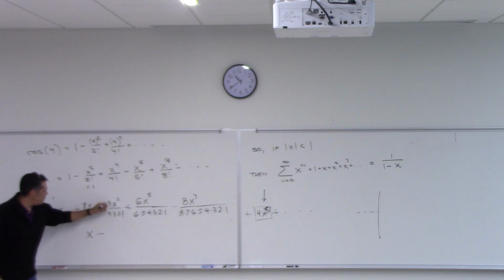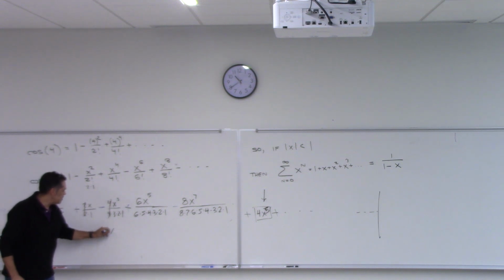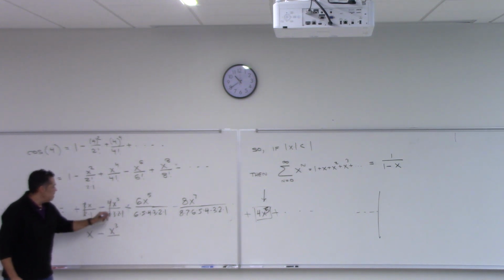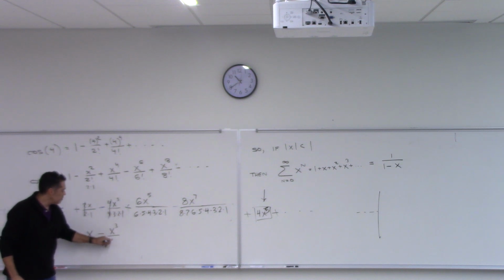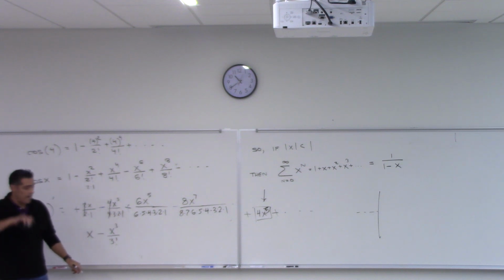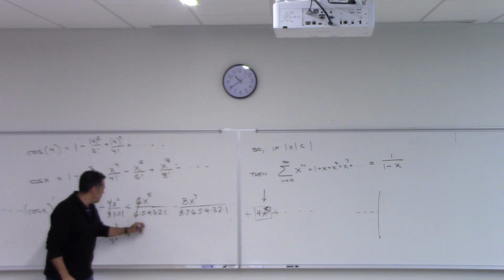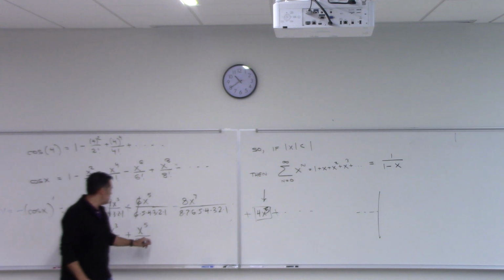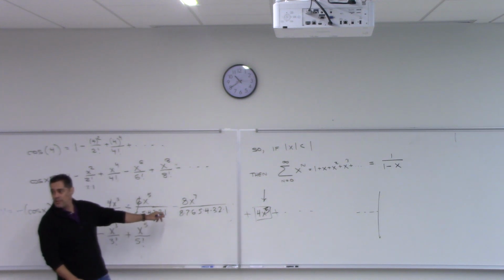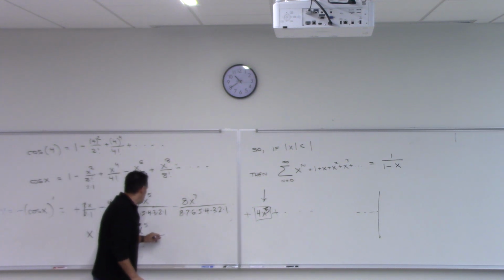Then minus, the 4's cancel, you get x cubed over 3 times 2 times 1, 3 factorial. Plus, 6's cancel, x to the 5th over 5 factorial. Next one, because of the 5 times 4 times 3 times 2. Okay, last one. Minus, 8's cancel, x to the 7th over